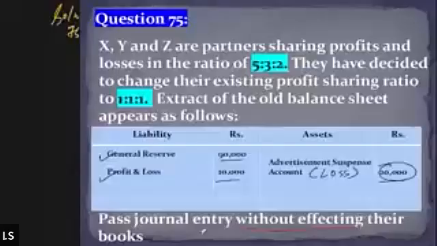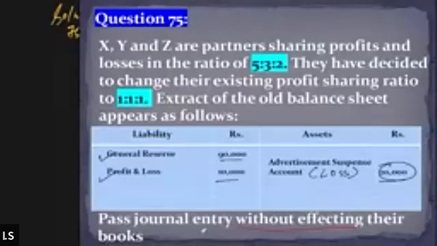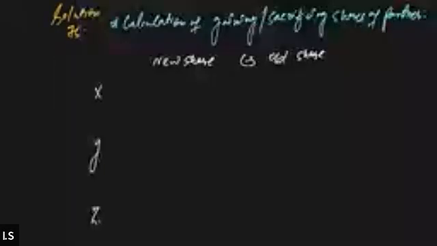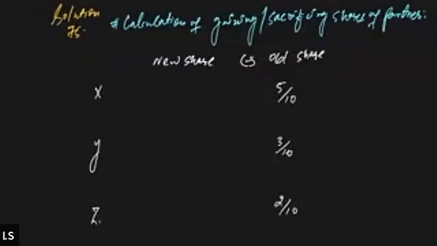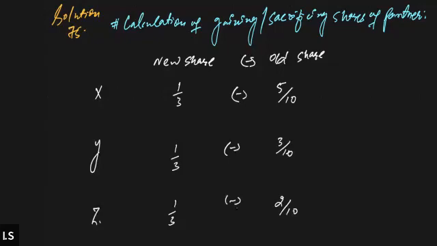So X, Y and Z were earlier sharing the profits and losses in the ratio of 5:3:2. That means 5/10, 3/10, and 2/10. So the old share was 5/10, 3/10, and 2/10. And they have decided to share the profit and losses in the future in the equal ratio. So that means 1:1:1. That is 1/3, 1/3, and 1/3. Okay. Subtracting the old share out of the new share, we will get,